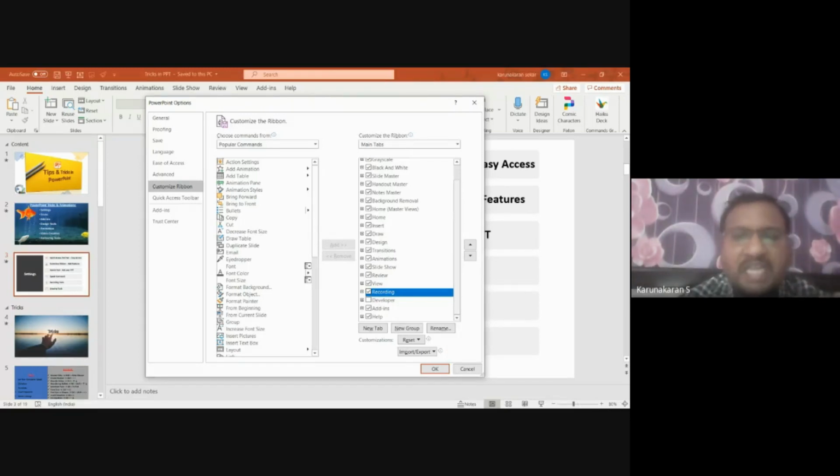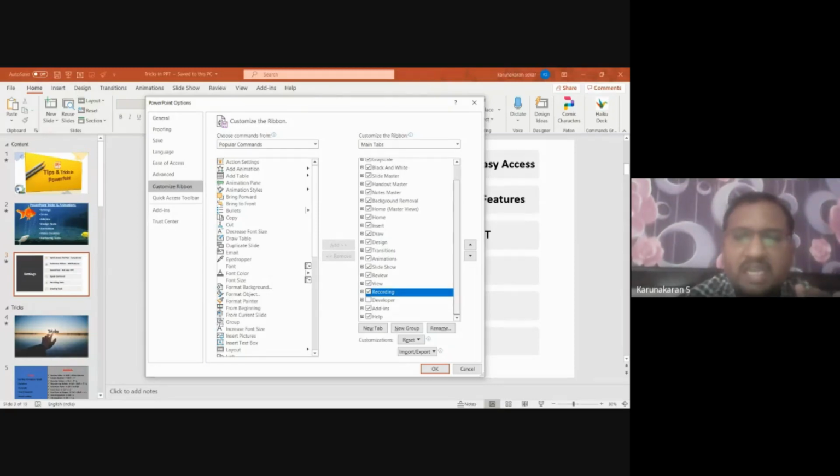Other than that, you might have known that while saving your PPT file, you can save it as an MPEG file, a video file. You can save it as a JPEG file, an image file. So all these are available in your save options. But do you know you can create a video within your PPT? So those options are available only with this Recording command toolbar.